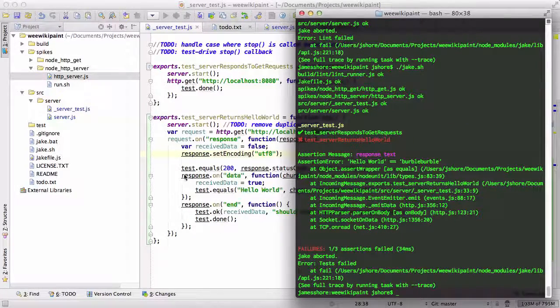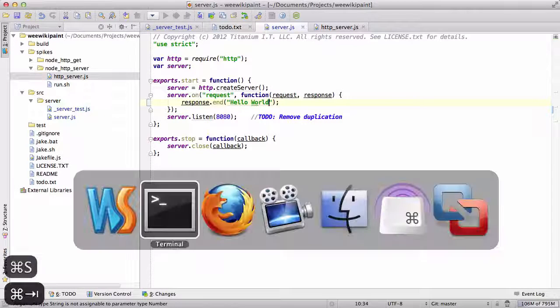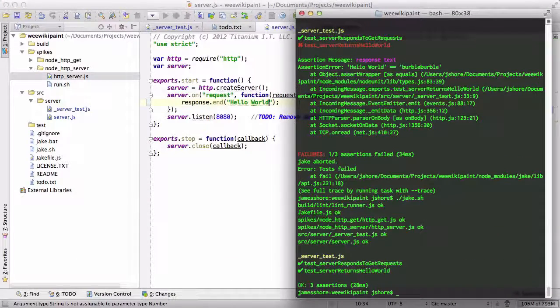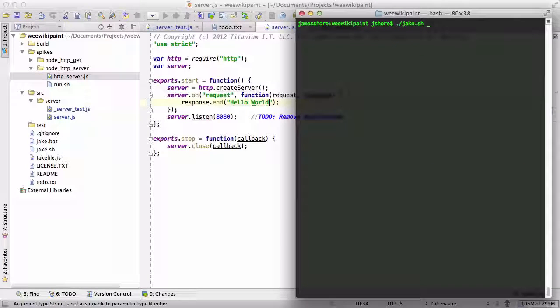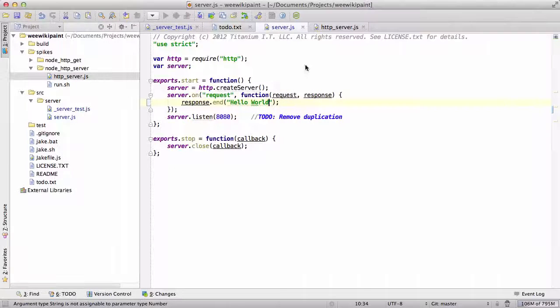Perfect. Now we're getting response text. It's not the right response text. What we're expecting is hello world. And there we go. Let's just make sure that worked. All right, so our lint is working. Our tests are working. I think that's right. We've got a basic hello world server